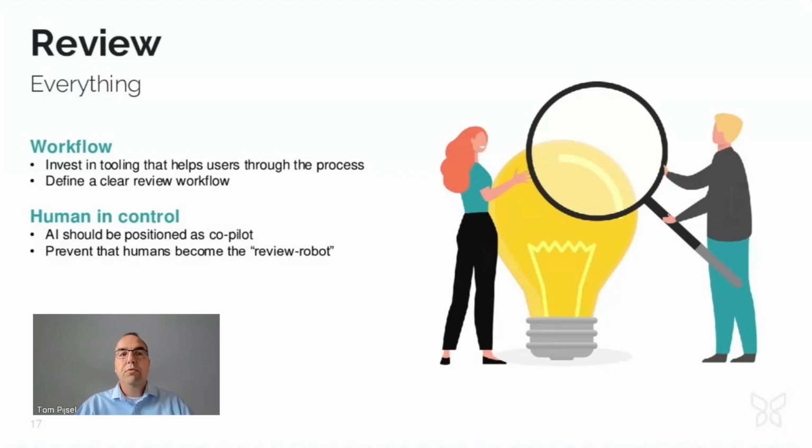So when implementing the review process, it's important that you position the AI as a co-pilot to support the editing process. If you place AI in the driver's seat, your human staff quickly turns into review robots. And so this is very counterproductive and a recipe for mistakes, but it also removes the human creative value that enables your content to stand out of the crowd. Very important aspect.